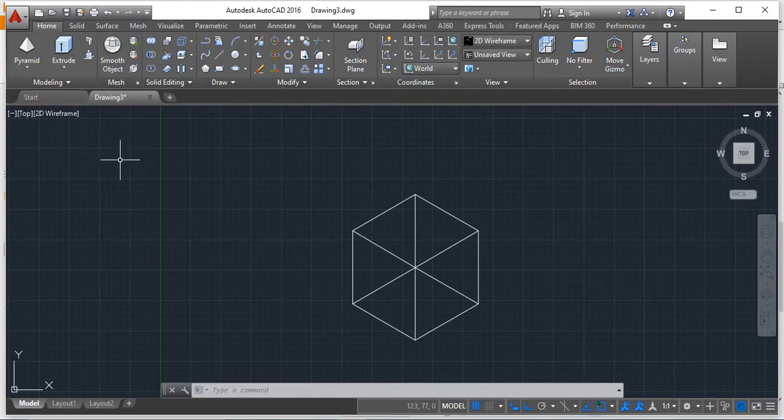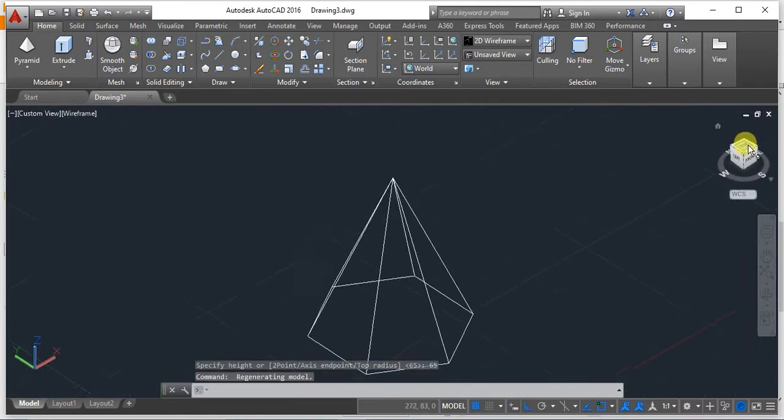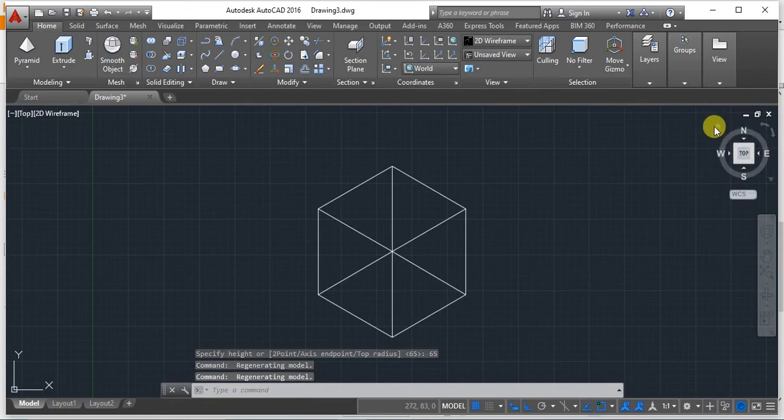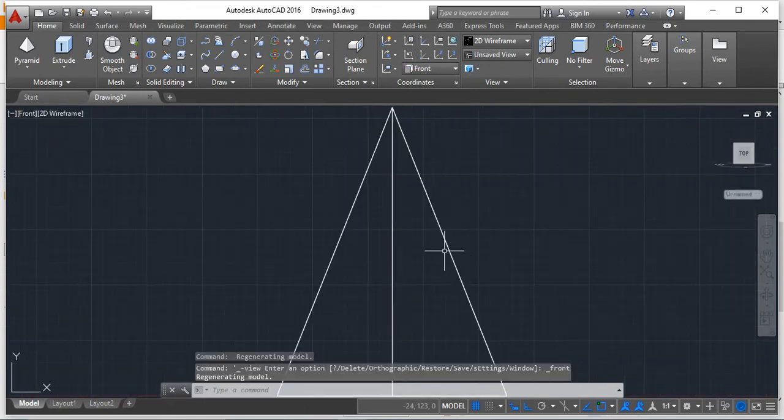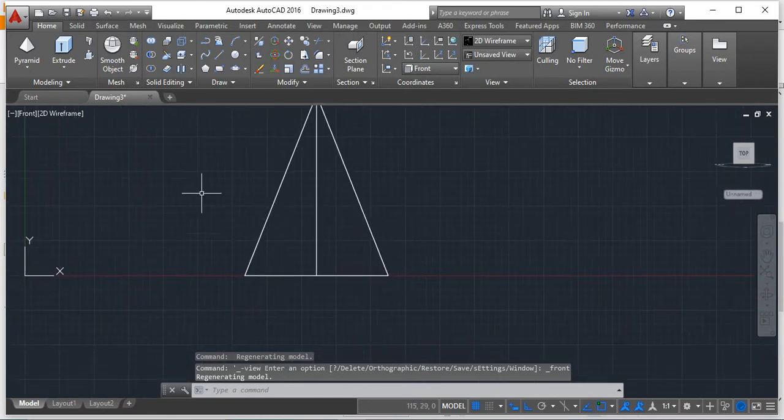In the previous orientation, technically most of you will do the previous orientation, don't do that. This is the orientation where the pyramid is like this. Now you switch to the front view. This is where you get exactly the thing.